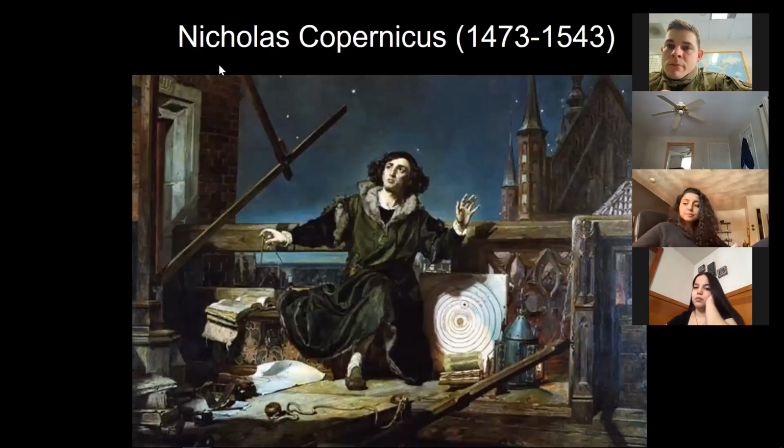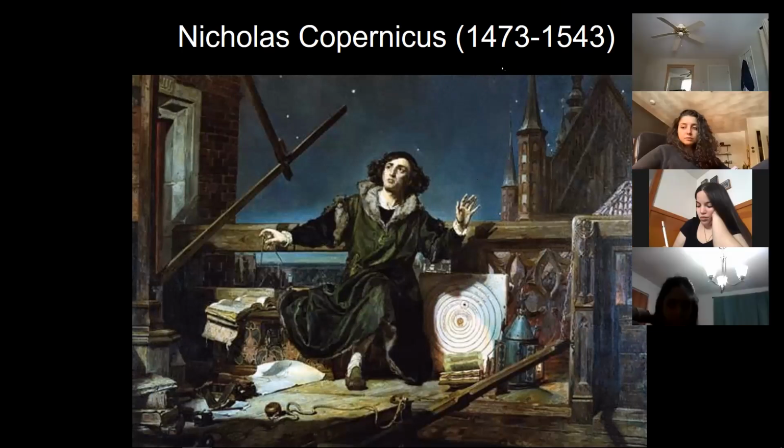Nicolas Copernicus, notice the date here, maybe around 1500 or so, was what we would think of as a Renaissance scientist. After the Crusades, people began returning from Arabia with all of these old ancient tomes, books by people like Aristotle and Aristarchus and Pythagoras. These were works that were kind of lost to time as Europe went through its infamous Dark Ages and learning was lost for a great period of time.